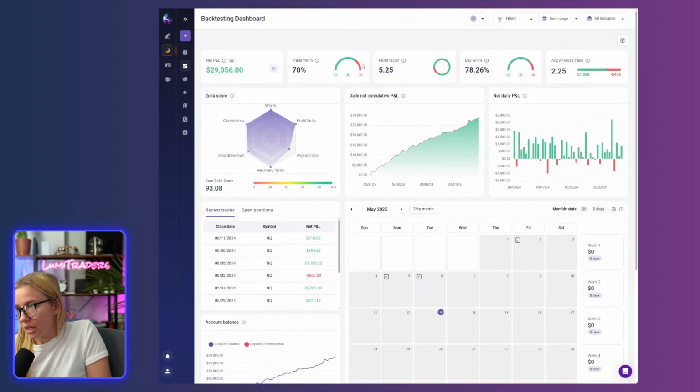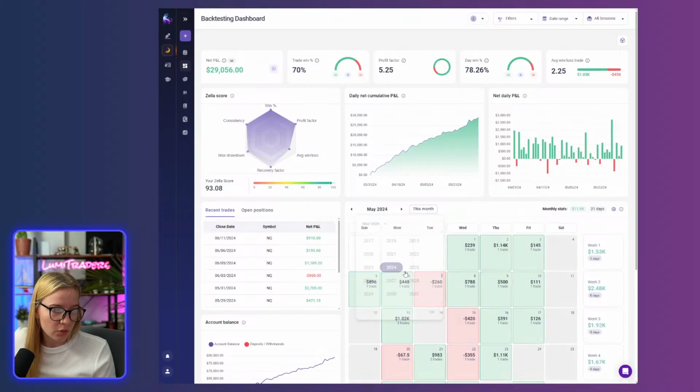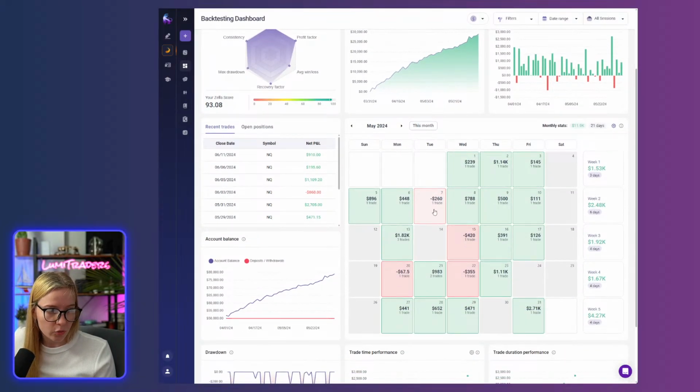So the setup most of the time was between 10 and 10:30 a.m. I would not say between 10:05, 10:06, and 10:30. So guys, I'm going to share everything today. I'm not going to hide anything. I'm just going to share what I found, what I backtested. I'm not going to show every single trade because it's going to take so much time. But I will share some trades that I took, so I will show why I took a loss, why I took a profit. Nothing to hide. Well, back to market.